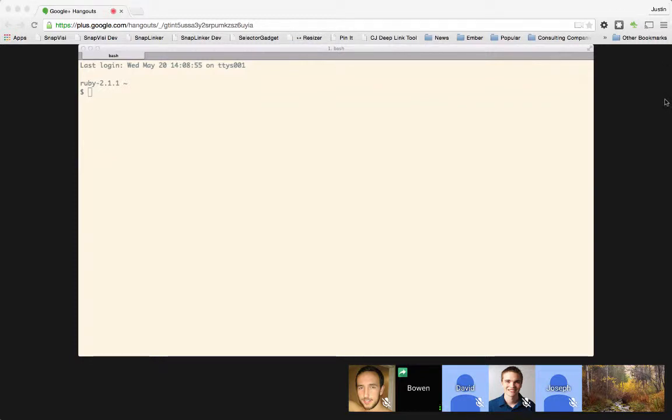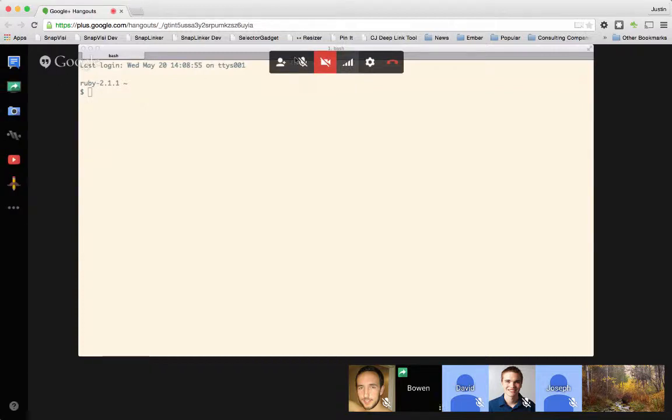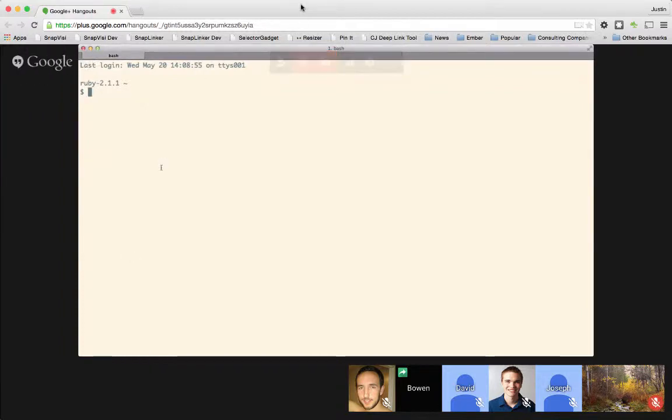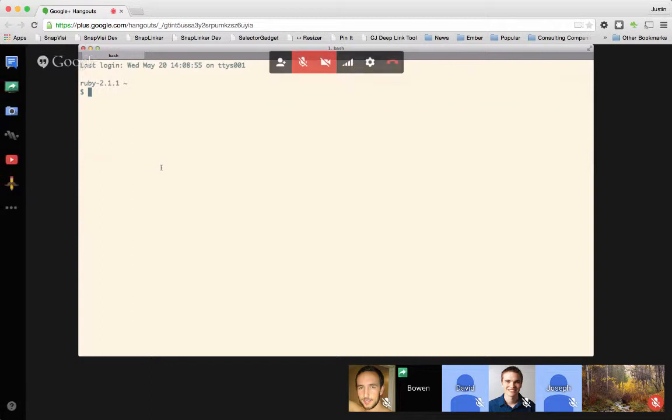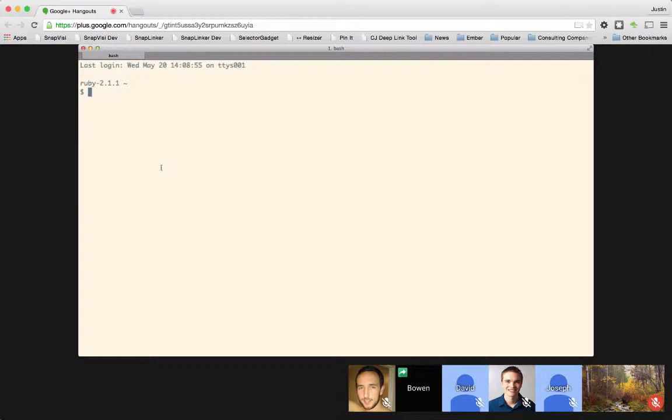Okay, so SSH is how we log into our various servers. SSH does provide a way to do password authentication, but we almost never use it. We instead use